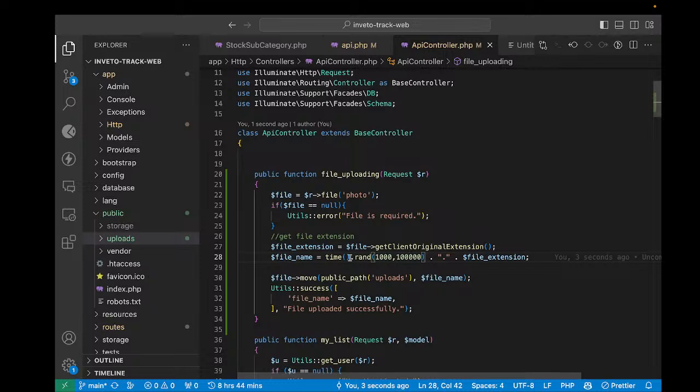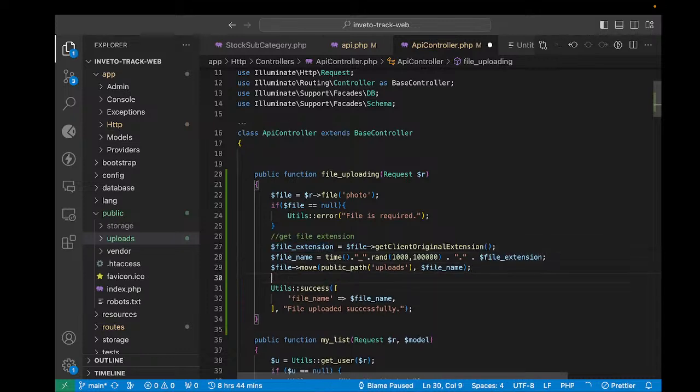Sorry, let me explain this properly. Here I get the file extension after checking that it is not null. Then I get the time. After getting the time, to make sure that it is unique, I concatenate some random values. Then I concatenate the full stop so it can have the dot, and then I concatenate the extension. After that I call this Laravel method of file move, and I say public path,